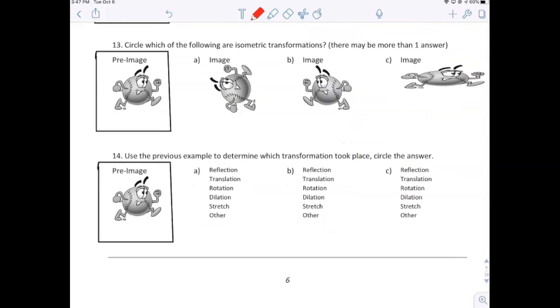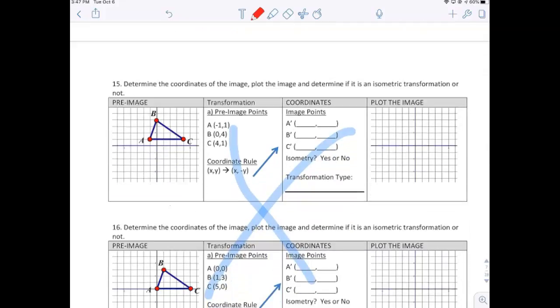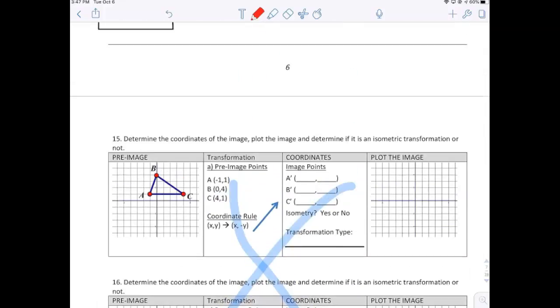I can't skip this one because it's a baseball. Which ones are isometric? This one was just rotated. This one looks like it was just reflected. And that one's not a rigid motion because it was stretched. We're going to skip over 7